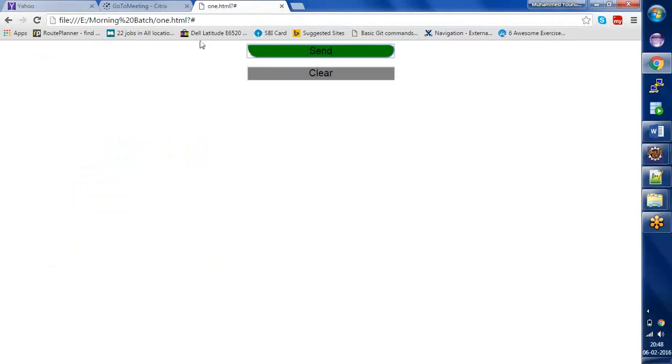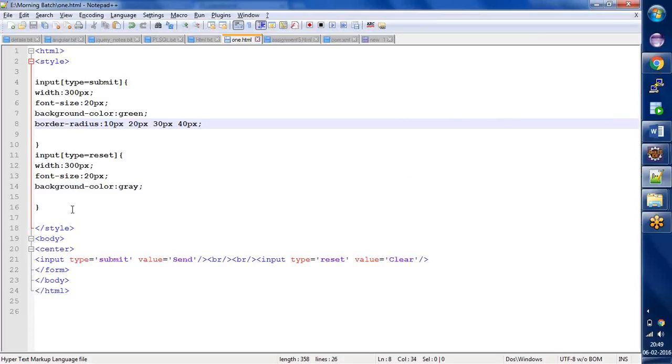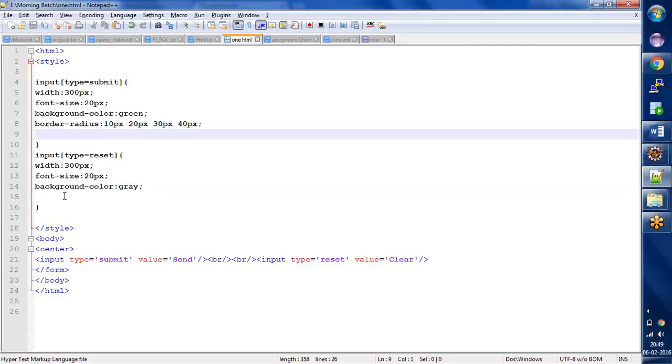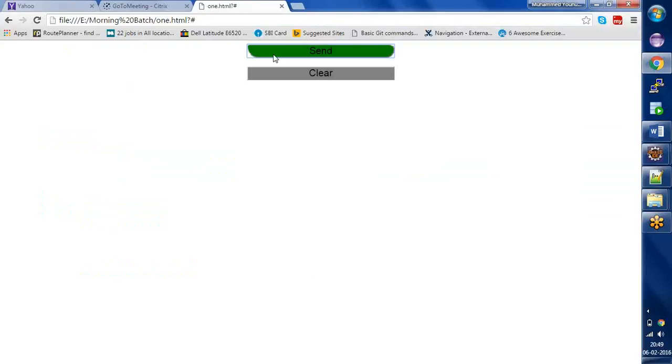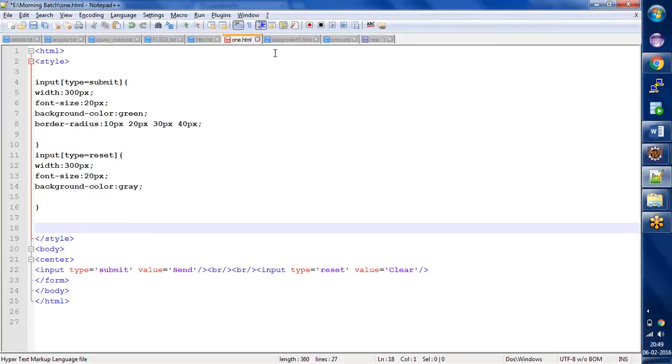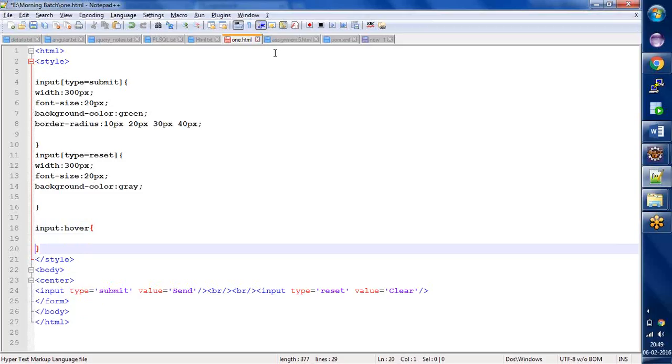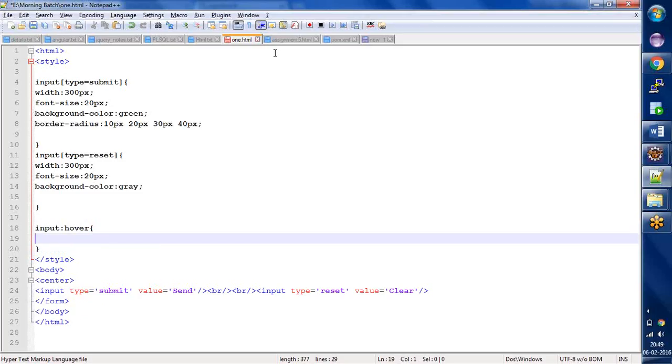Transition means anything you want to do, for example, when I'm hovering over this, I want to increase the width of the button, or when I put my cursor on a div, I want to increase the width of the div. All these things you can also play with in CSS. So what I'm saying is, when I hover, then only this should happen. So for that case, what we have is input hover. So what I'm doing first is changing a background